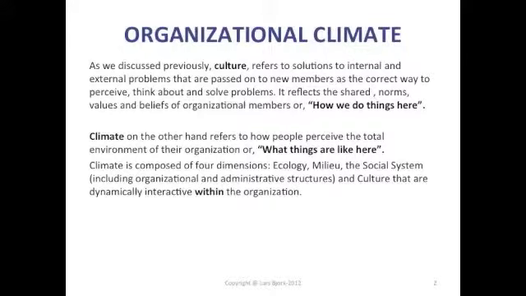Welcome. As we discussed previously, culture refers to solutions to internal and external problems that are passed on to new members as a correct way to perceive, think about, and solve problems. It reflects the shared norms, values, and beliefs of organizational members, or how we do things around here. Climate, on the other hand, refers to how people perceive the total environment of their organization, or what things are